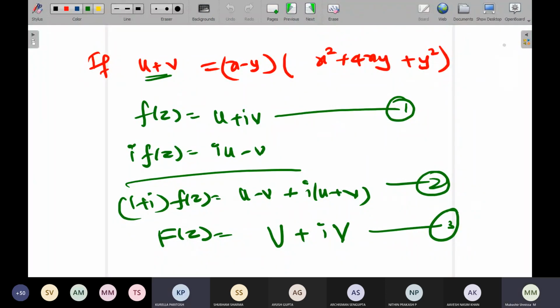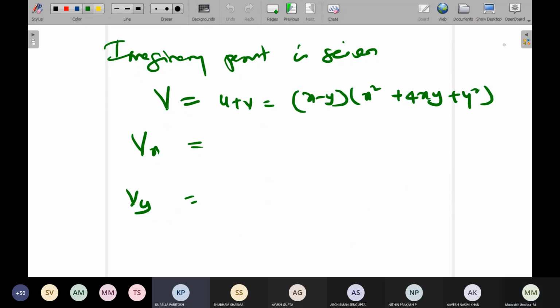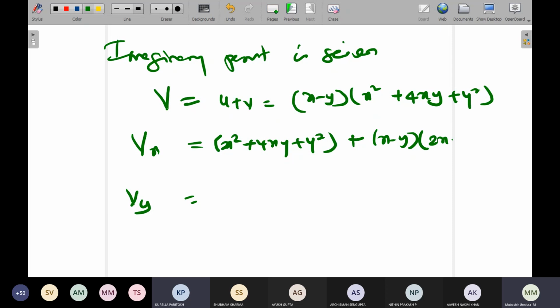Can you tell me what is Vx, ma'am? Can you show that slide? How will you find Vx? Combination of UV method. So when you differentiate this, you will get 1 into x square plus 4xy plus y square. Plus, when you differentiate this one, you'll get 2xy. Sorry, plus 2x plus 4x, 4y. That's all. Don't keep on simplifying this, just write it as such.